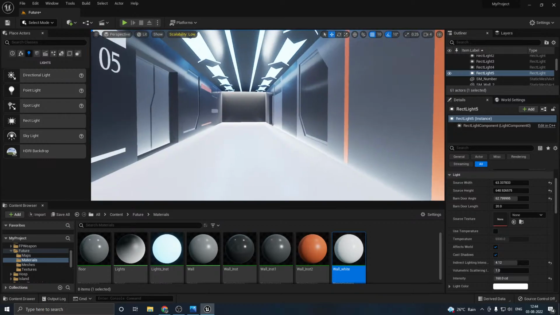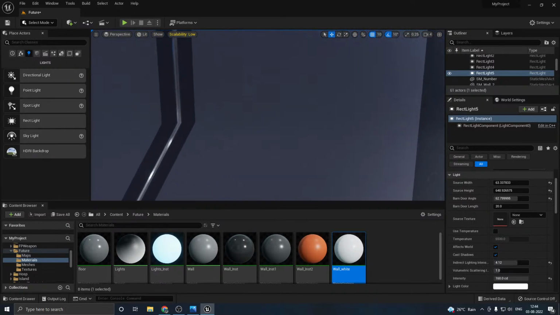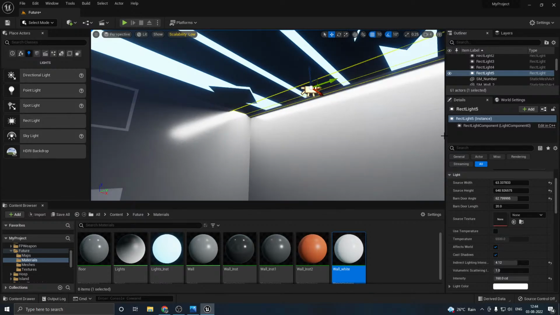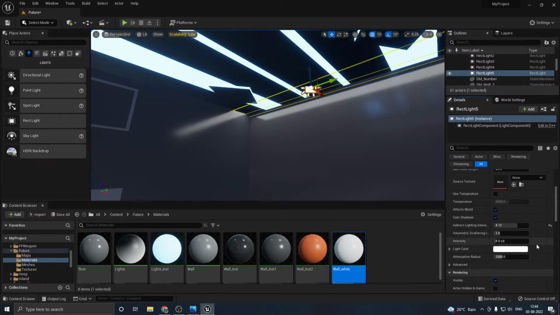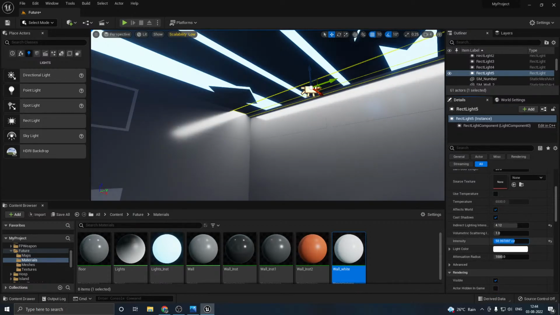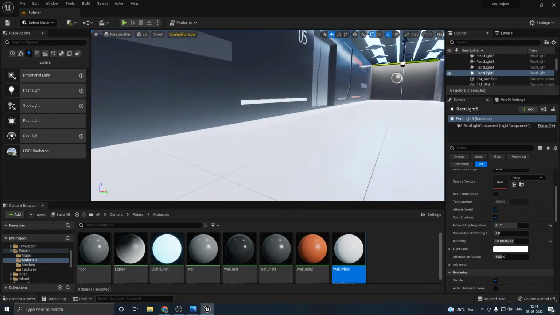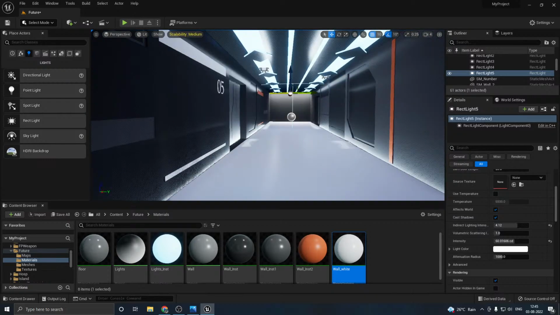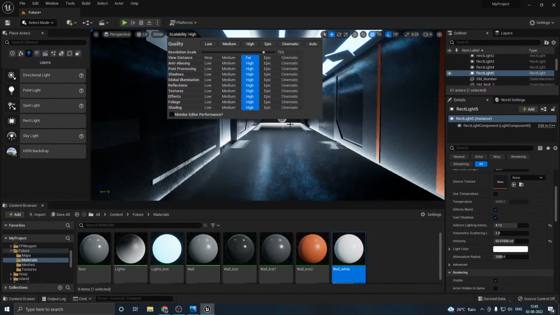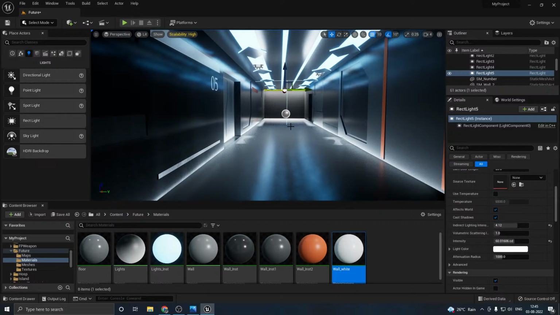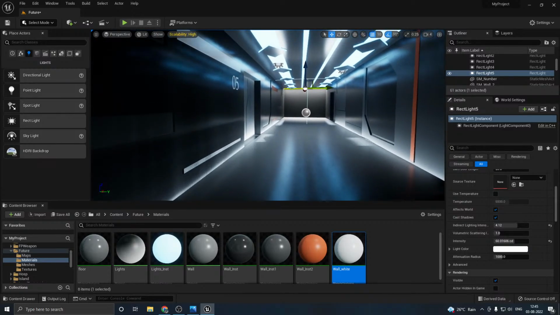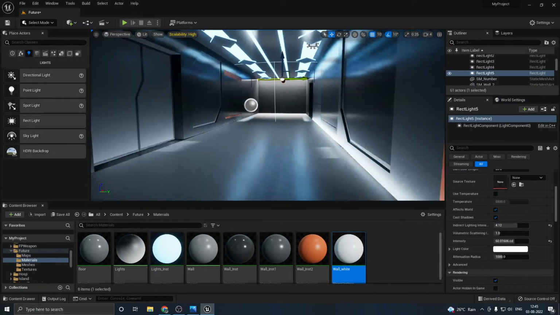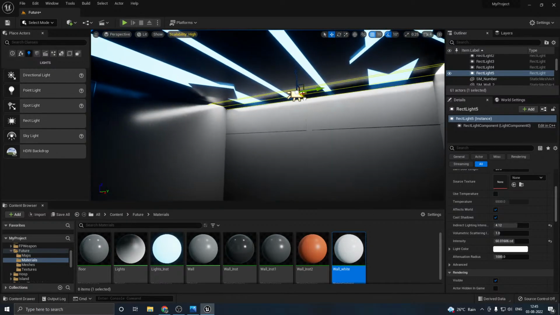Okay, it's the reflection right over there. Maybe you should this light. See this floor flickering actually. Wait, we need to